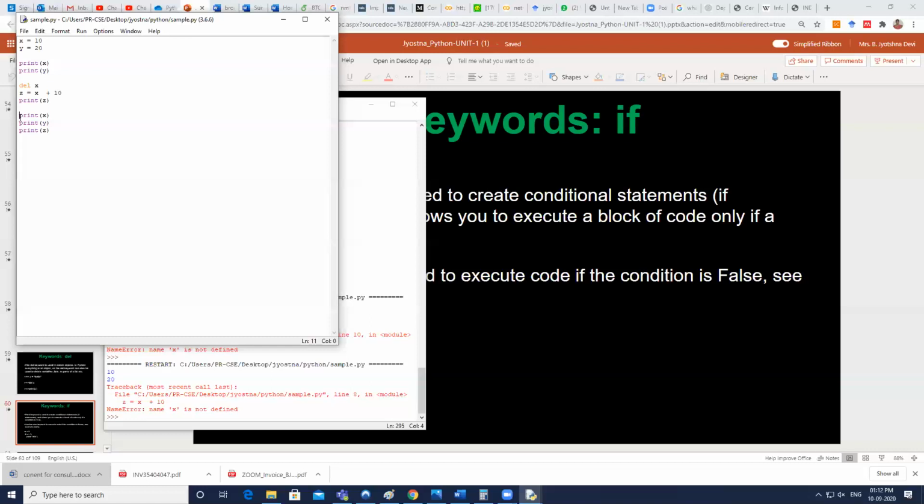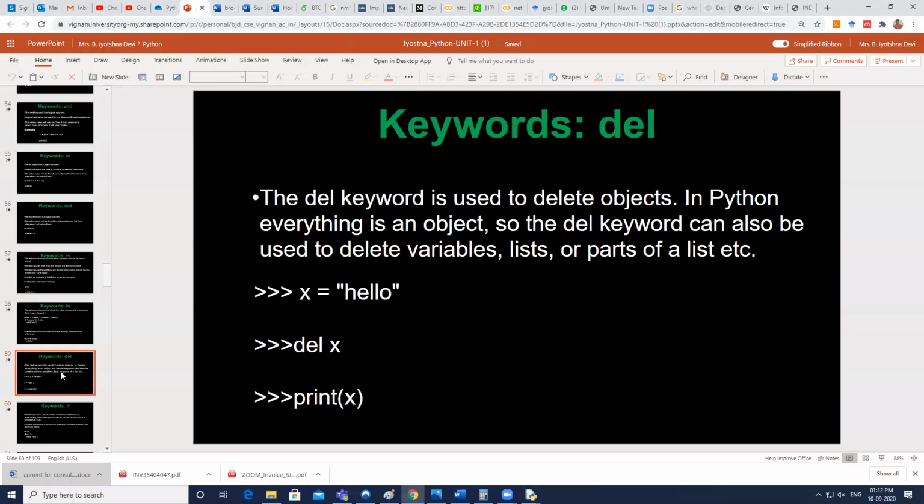If there is some condition, for example, I want to give some bonus marks to your question. If you have attempted the question, then only I can give you the bonus mark. Otherwise, I cannot give you the bonus. So I'll check whether the student has attempted the question or not. If the condition is true, then only the bonus has to be increased. Otherwise, the bonus marks should not be given. In that case, if you want to alter the sequence of execution of the statements, then you should go for control structures.